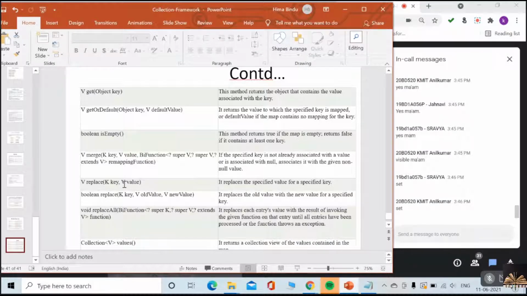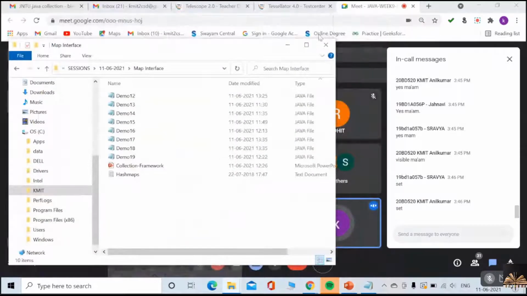We want to explore them right now. Okay, guys, hope you understand what is a map, what is a hash map, and the relation between them. Understood now?